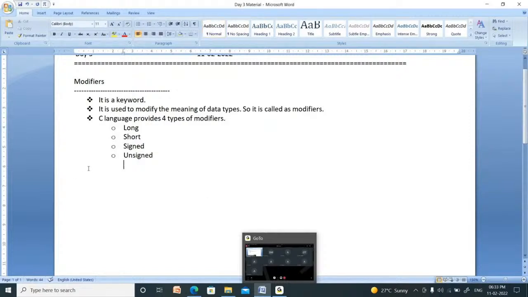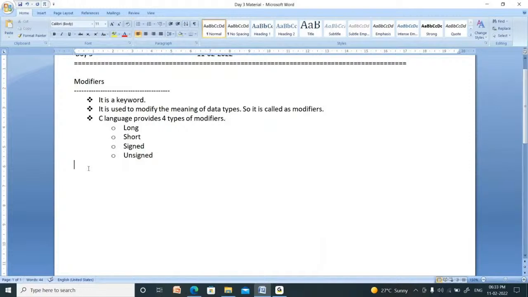Now, the next concept is format specifiers. What is the meaning of format specifier? In our country, there are some popular parties. One is BJP, second one is Congress. In AP and Telangana, there are TRS and TDP, YCP, some major parties. Each party has a symbol, no?